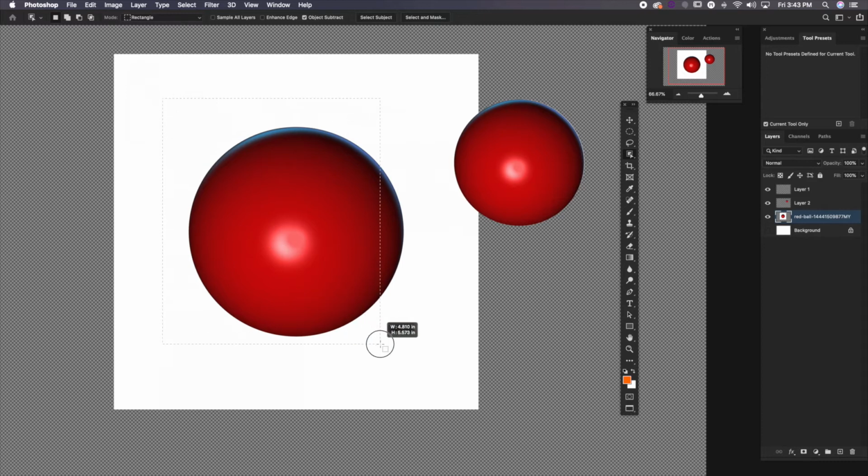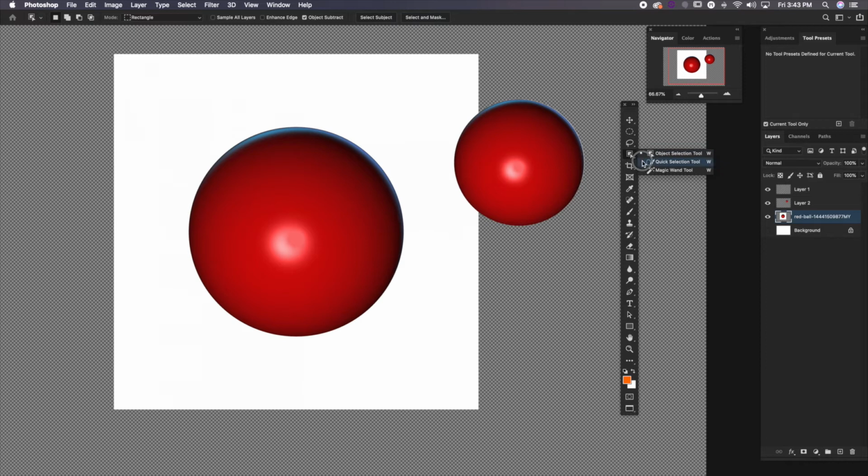So I can select around this ball, right? And the tool, the program, will go ahead and select the object. It will find the object that it thinks you're trying to select. And in this case, it did a great job because there's a good clean edge around it, but you gotta watch it. Sometimes it doesn't do that. Next tool